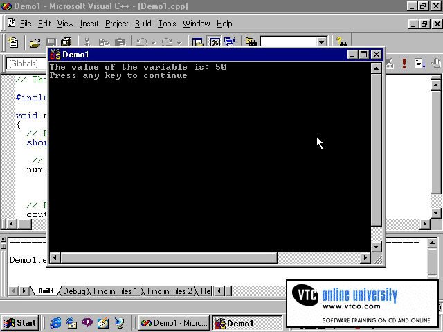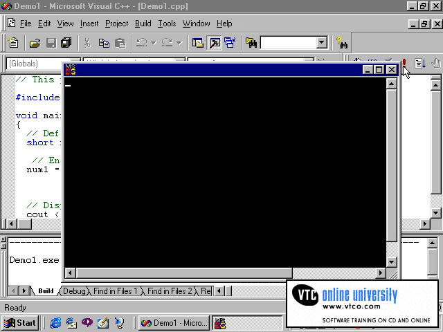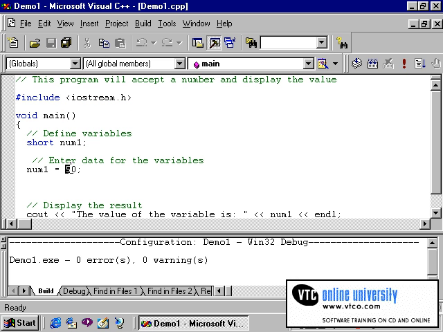Of course, each time I run this program, I will get the same value since I am assigning a specific value to this variable. The difference between this and a constant, however, is that num1 could take on a different value where a constant is protected. For example, if immediately after assigning the value 50 to num1, I then create a formula such as num1 plus